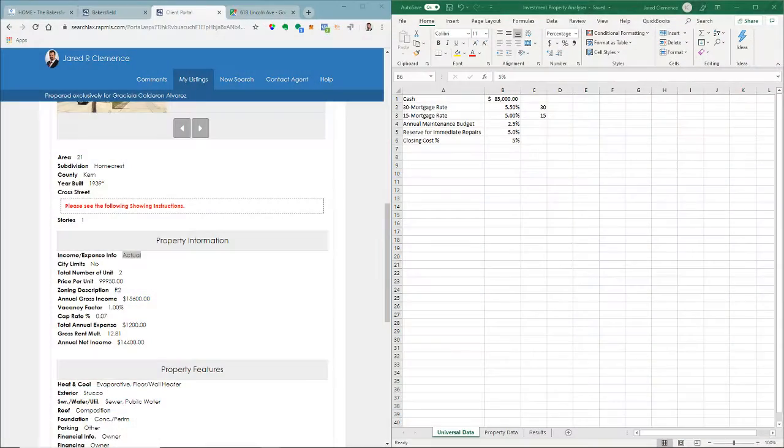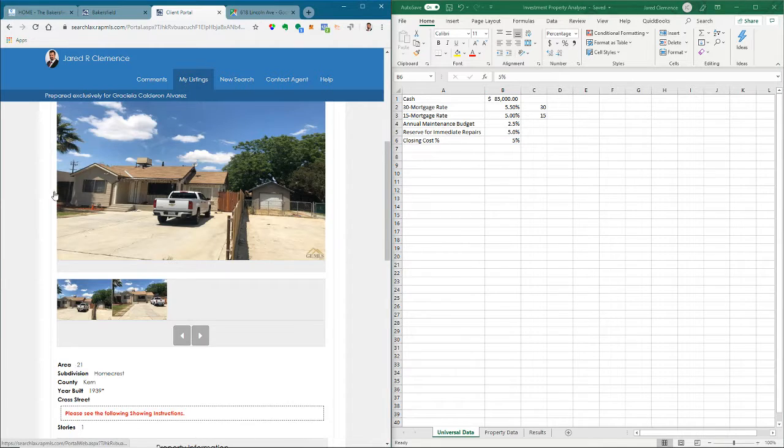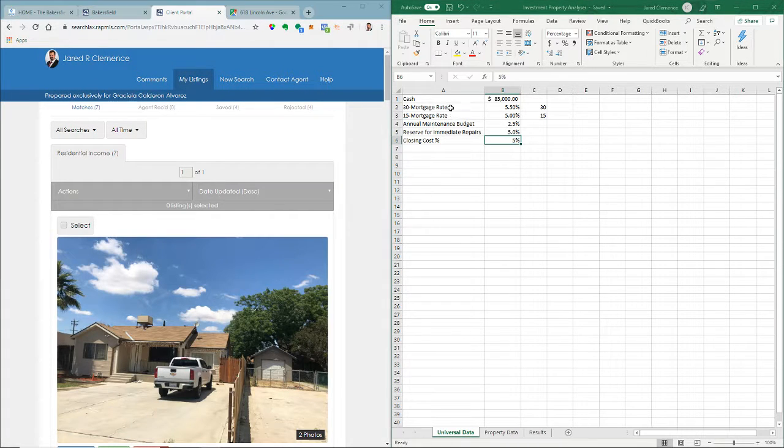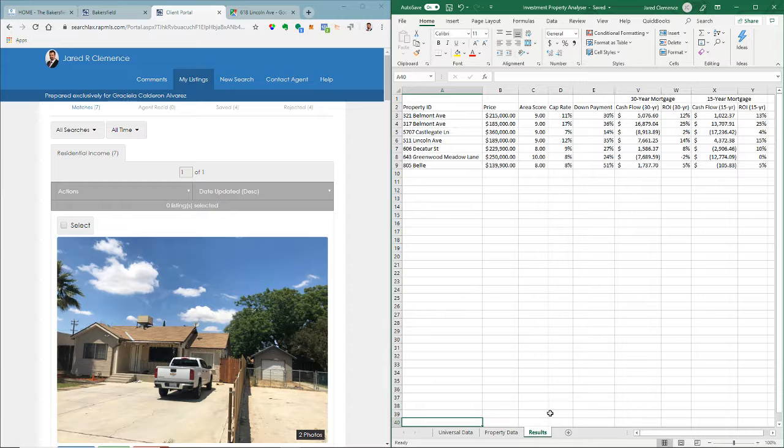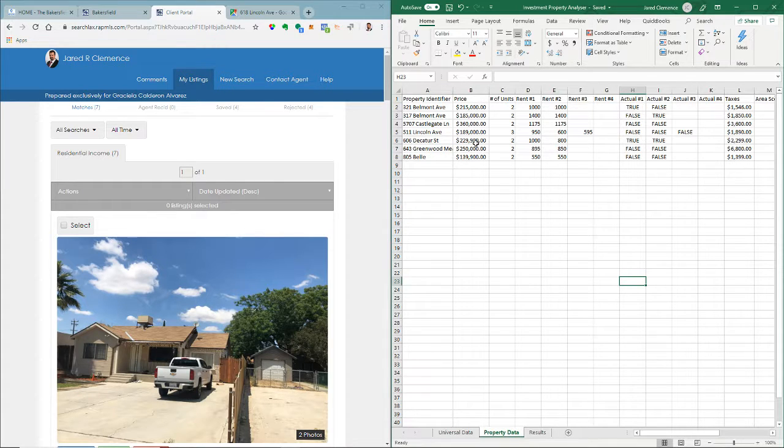So I've downloaded the spreadsheet from the website. We're going to spend a minute or two to go over that, and then we're going to take a look at how to add data to it. We have 3 tabs on the spreadsheet over here: universal data, property data, and results. It has example data on it already. If you're downloading this from the website,